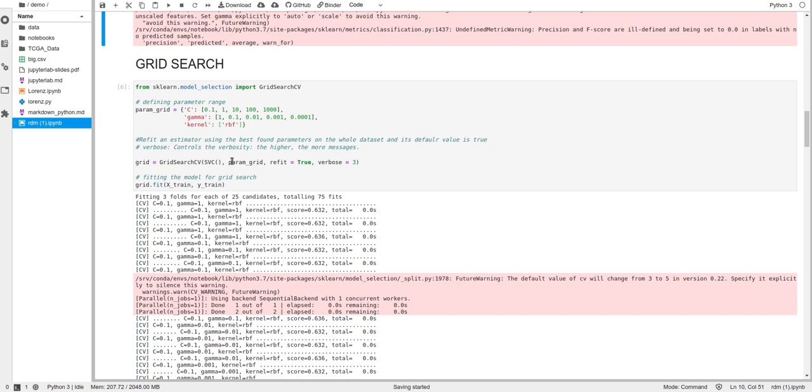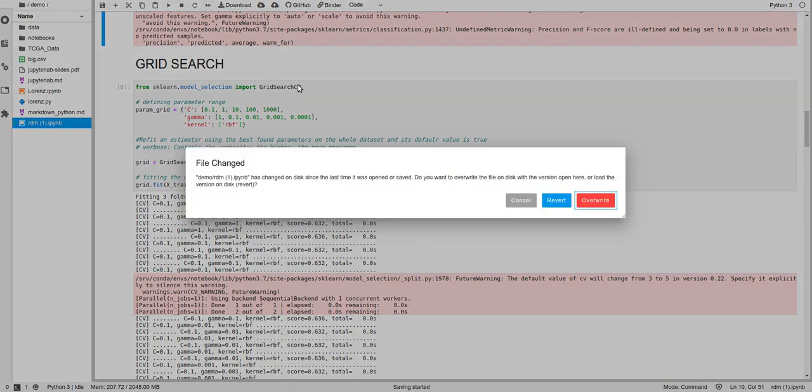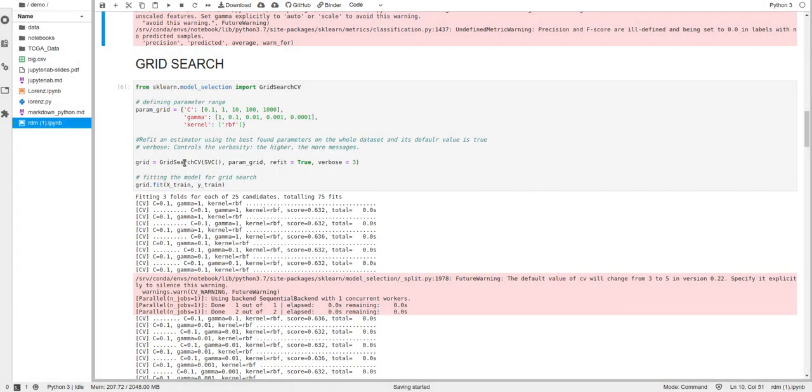Now we will put a grid variable and the grid search CV function, in which we pass the parameter SVC. One thing to notice here, SVC is not trained here, and in param grid we will pass these parameters. Refit is true and verbose is 3.